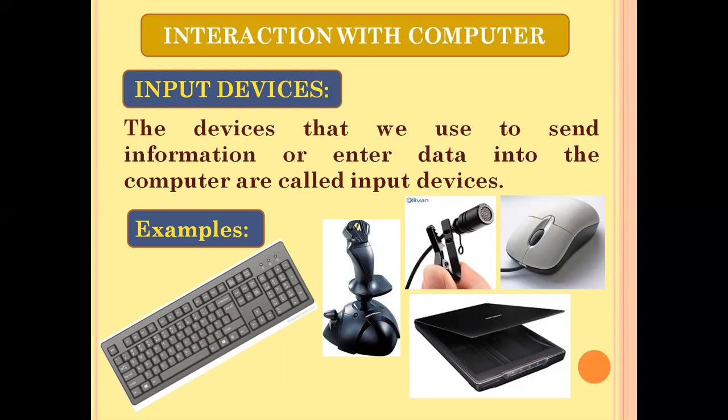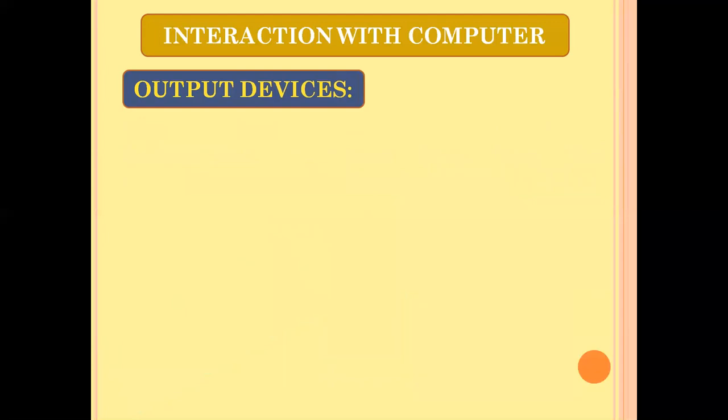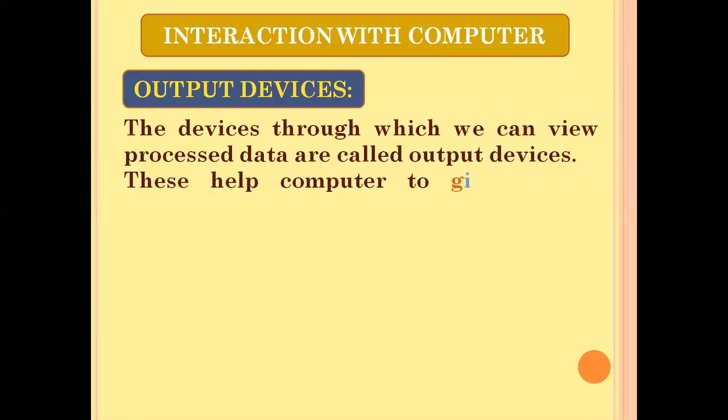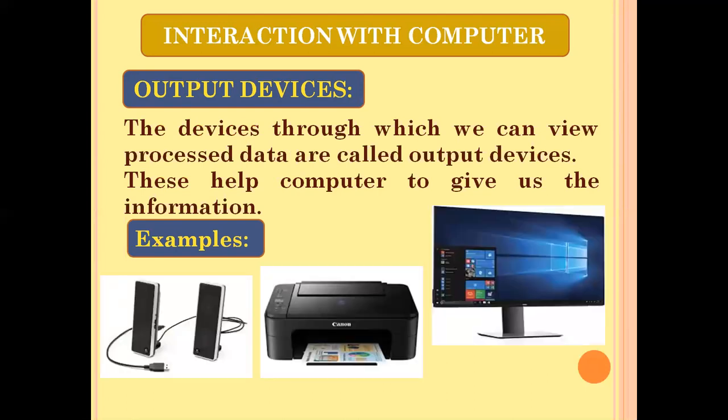Now, how does the computer give us the results, the output? The computer also uses some devices to talk back to us or to give results to us. These devices are called output devices. By definition, the devices through which we can view processed data are called output devices. These help the computer to give us the information, the results of the processing. For example, we have speakers, we have printers, we have monitors. These are all different